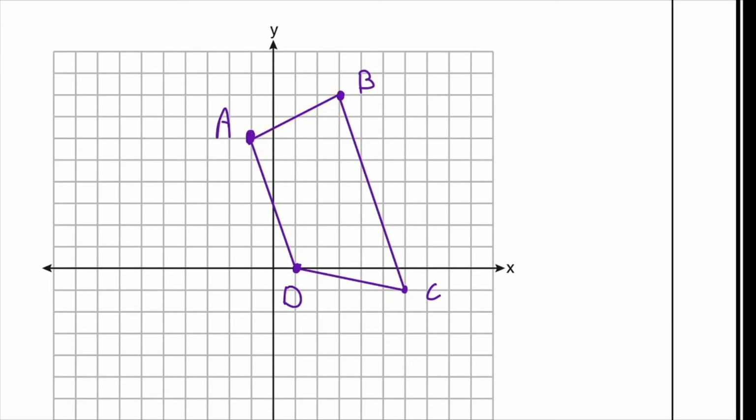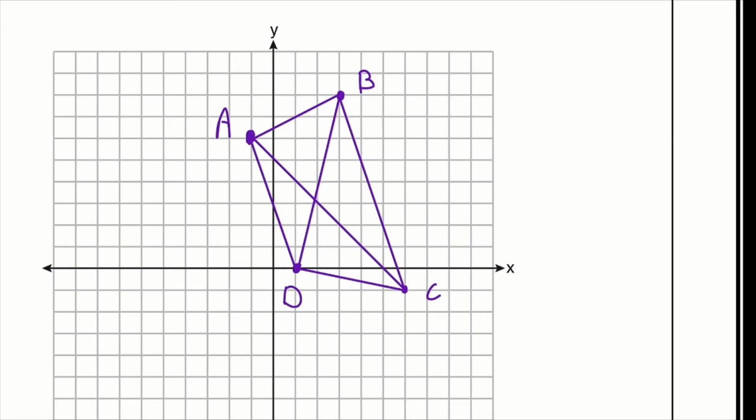It definitely tells me that this is not an isosceles trapezoid. But I am going to draw in those diagonals because I know I'm going to use them later, at least for the second part of the proof. So I am going to jump into the first part of the proof, which says, in general, prove it's a